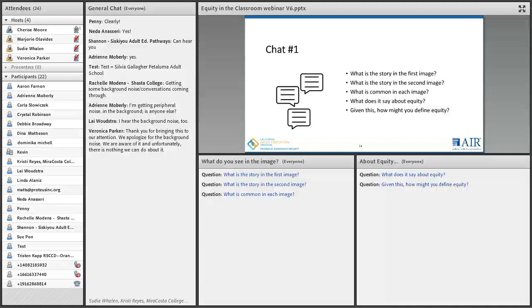And then for the second chat pod, I want to get your thoughts on what does this say about equity, and given that, how might you define equity? And I see a bunch of you typing in the general chat. We're going to ask that you type in the chat to the right and put your responses there. I'll give you a moment. Sharice, do you want to switch back to the image while they're typing so they can? Yes, that's